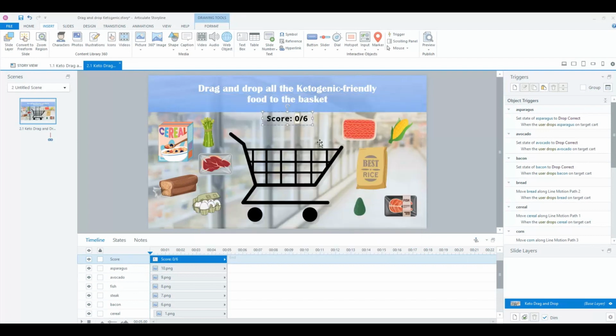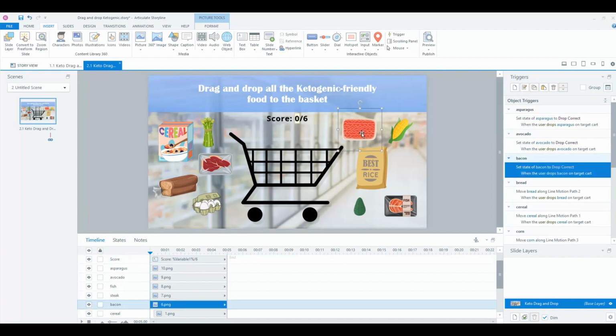Okay. So now you can see that it's highlighted here. So the variable 1 is now part of this 0. So what I'm going to do over here is select the correct object, which is bacon, and I'm going to